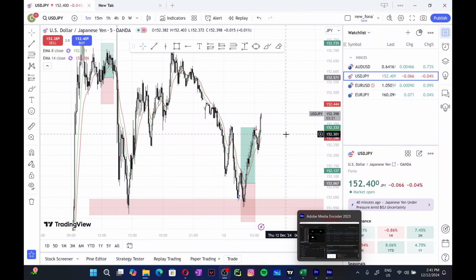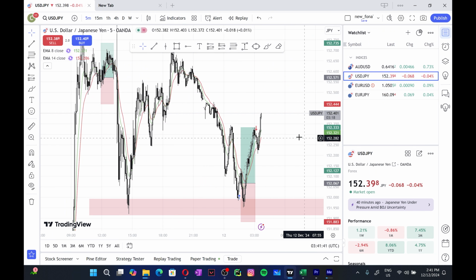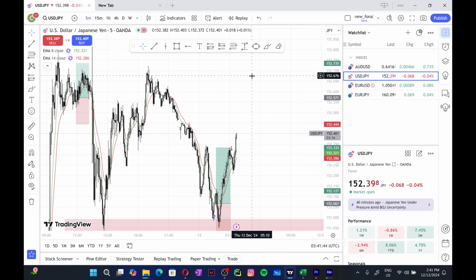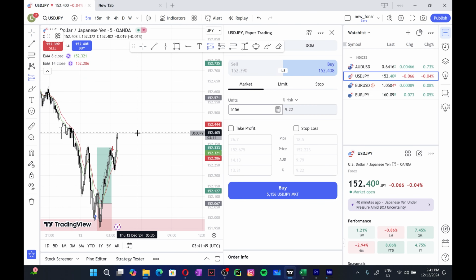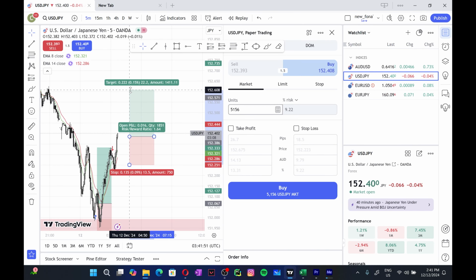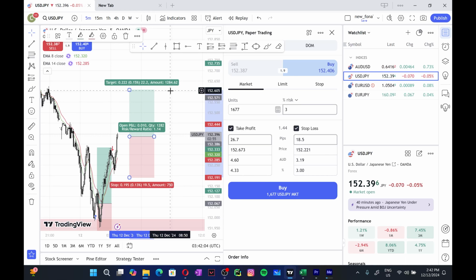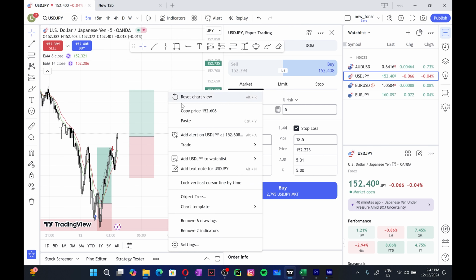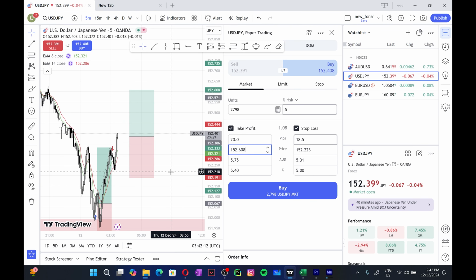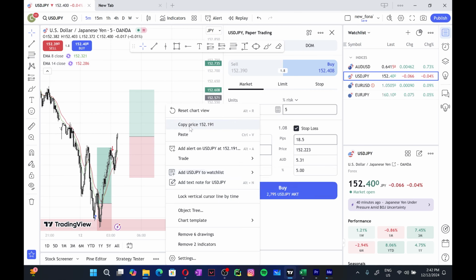I've also realized one more thing. I can take a trade in USD JPY with 2% risk with my take profit about that level, and I'm going to do that straight away. I don't want to waste time, so I'm going to be taking a long position. Let's do it fast, and I would be taking my take profit all the way till there and my stop loss about there. Let's see if that actually works. So we're going to have our risk percentage as, let's keep it at 3%, and my take profit at about that level. Well, let's just keep it at 5%. Our take profit would be about there, and our stop loss would be over there.